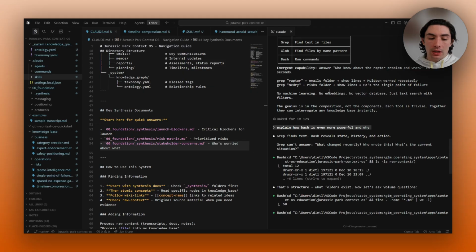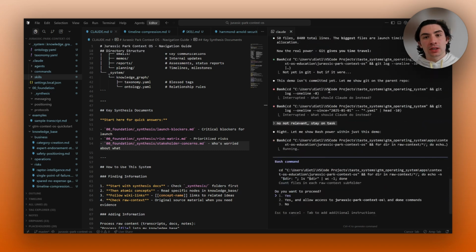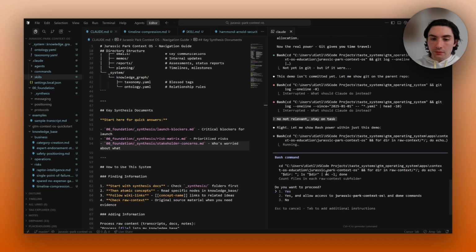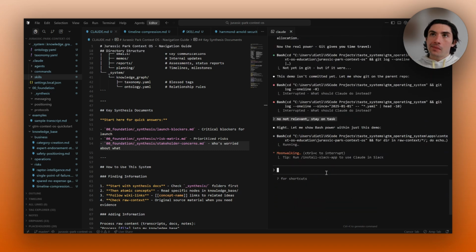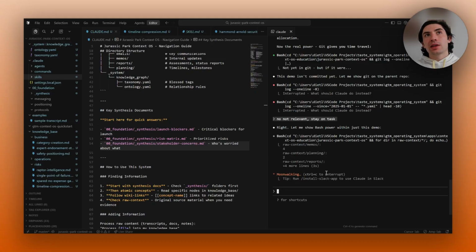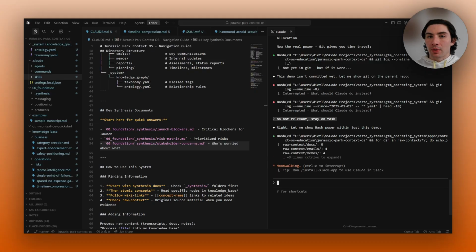When you are engineering these context architectures, you have to be far more specific than you think you do. Otherwise, you get stuff like this. But I think I've got my point across. At least I hope I have. Let me check my notes.